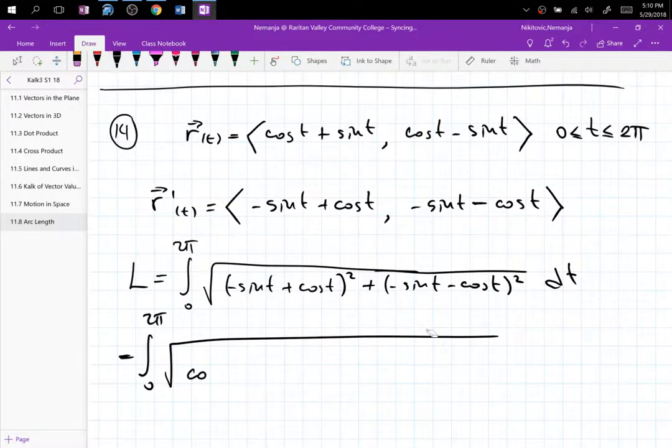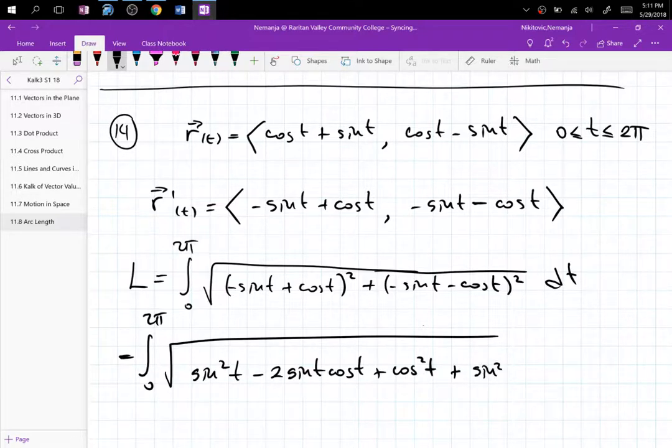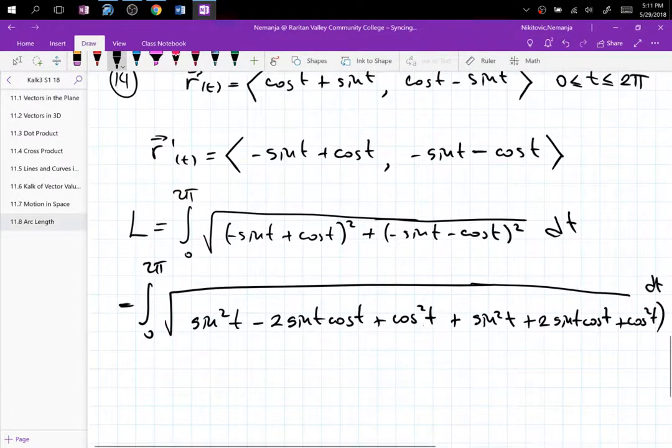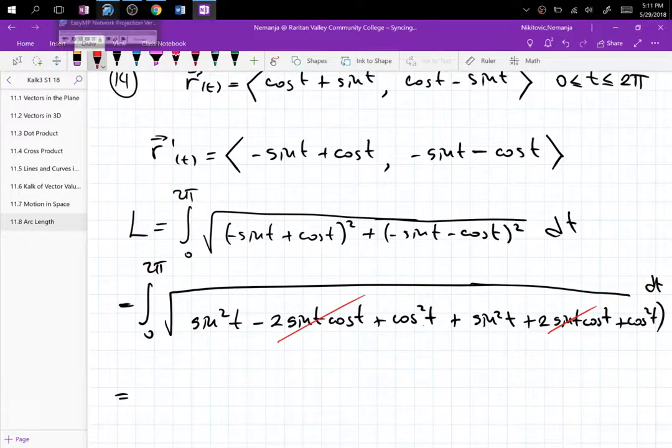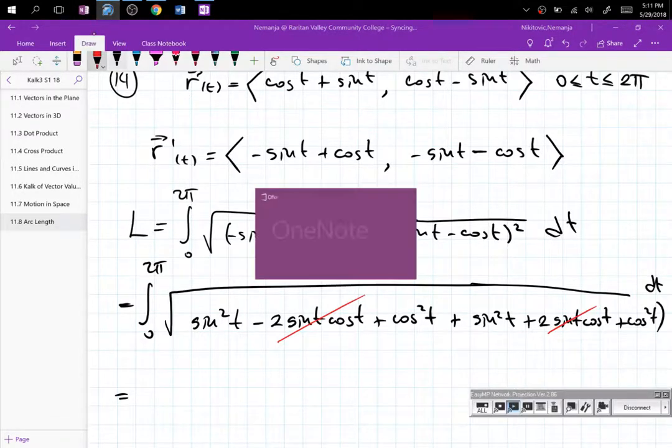square, so I'm getting sine squared t minus 2 sine t cosine t plus cosine squared t, and then another one, plus sine squared t plus 2 sine t cosine t for the middle term, and then plus cosine squared t dt. Wow. All right, so these guys will drop,